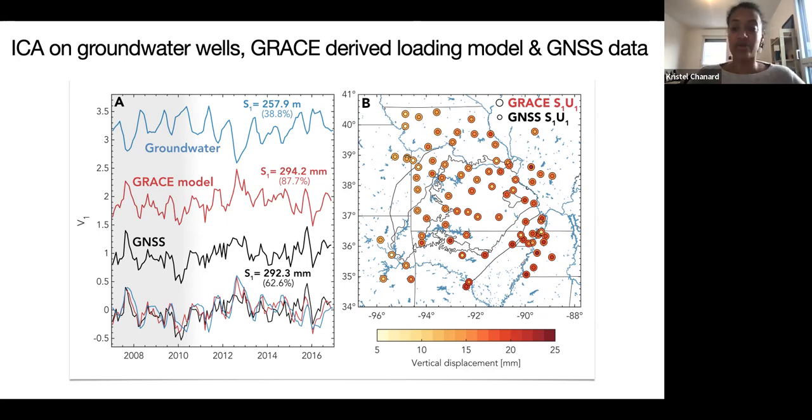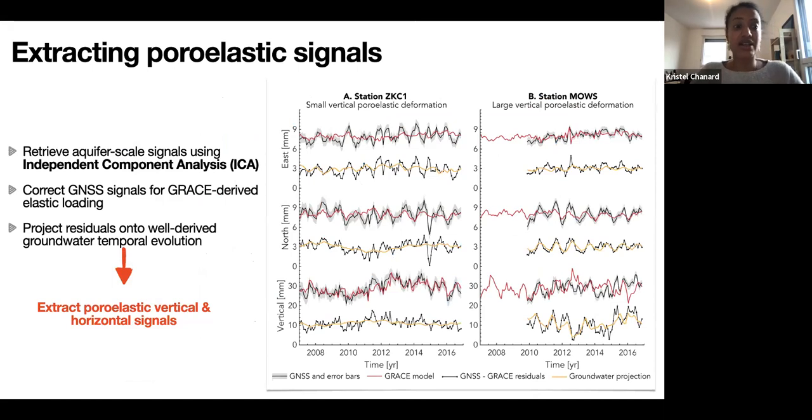Then we've looked at the amplitude of the GPS observations compared to the GRACE-derived model. And when we did this, we realized that there was an anomaly in this region, where the annual vertical deformation measured by the GRACE data was actually larger than the observations. This triggered our attention because usually at the global scale, it's the opposite. So we made the assumption that we were seeing here some